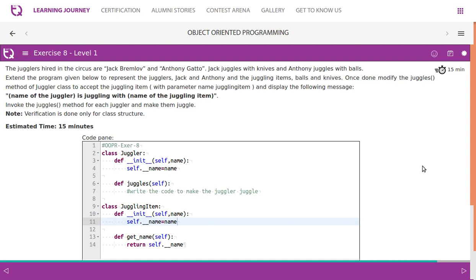Exercise 8. The jugglers hired in the circus are Jack Brumlov and Anthony Gatto. Jack juggles with knives and Anthony juggles with balls. Extend the program given below to represent jugglers, Jack and Anthony, and the juggling items, balls and knives. Once done, modify the juggles method of the juggler class to accept the juggling item with the parameter name juggling item